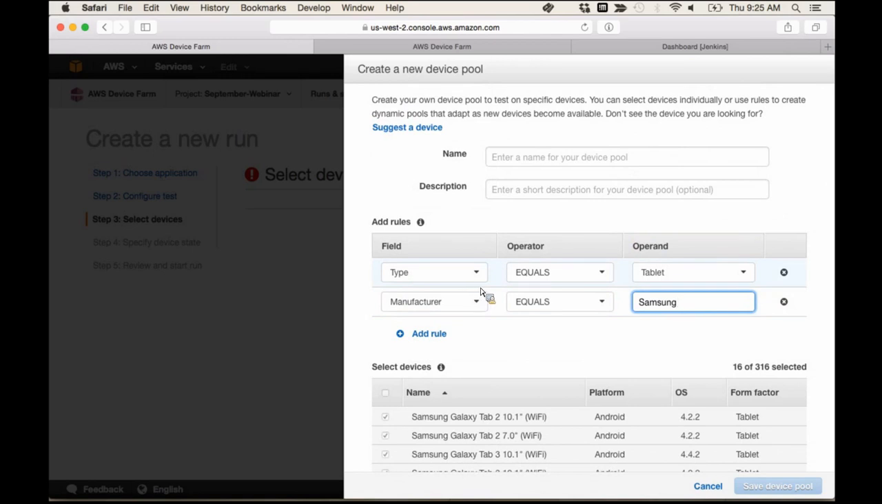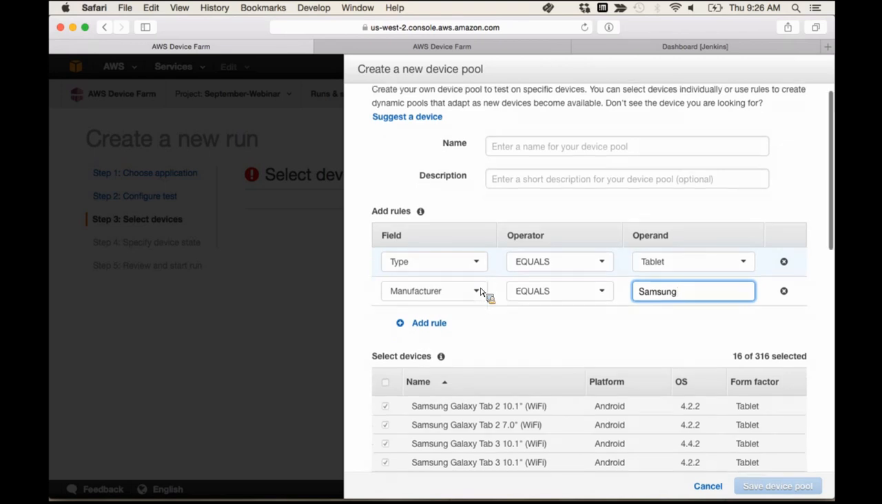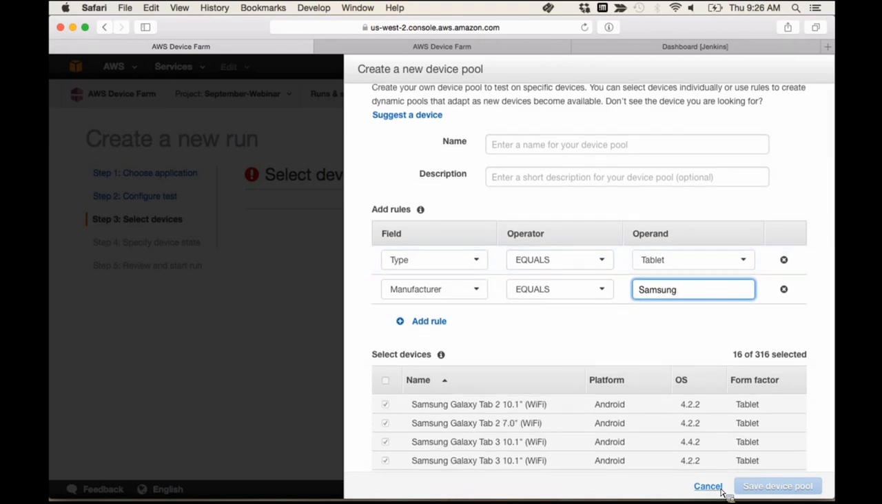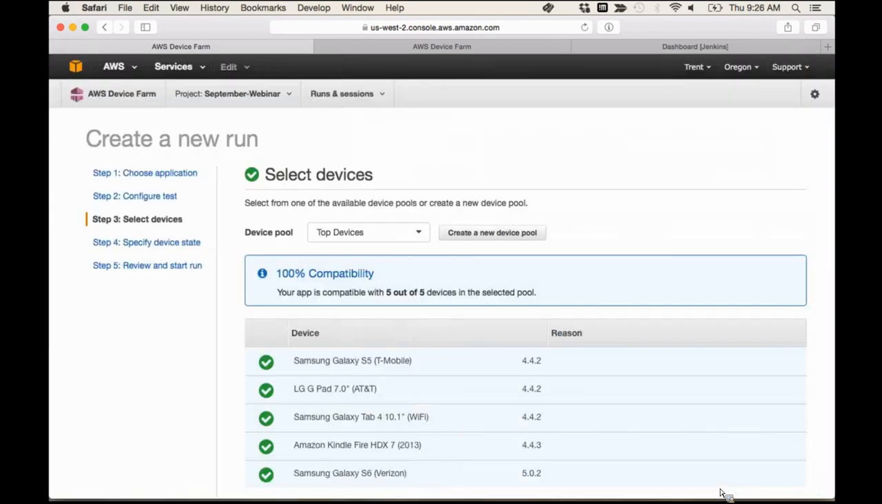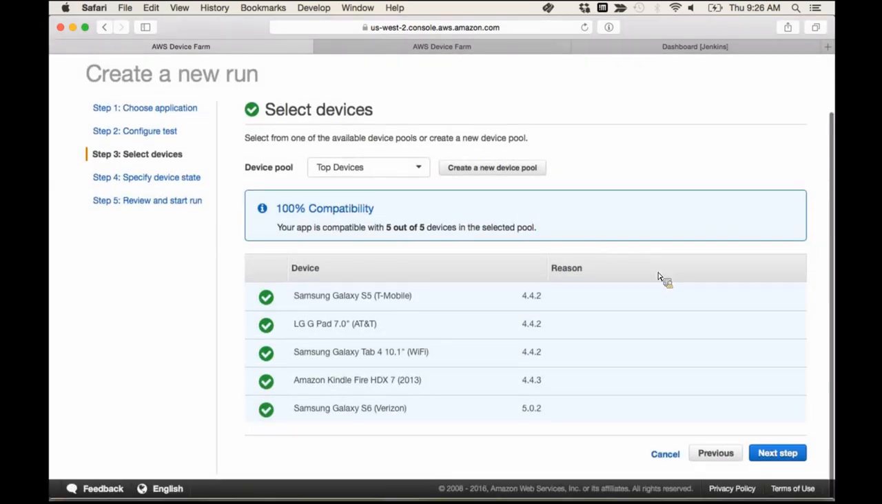So for instance, we could say that we want to test on all Samsung devices, or specific ASUS devices. Also, you can specify a device pool using rules. So for instance, you can specify that you only are interested in tablets, and you're only interested in Samsung. And so now you can see that it's auto-selected all of the Samsung tablets that are available on